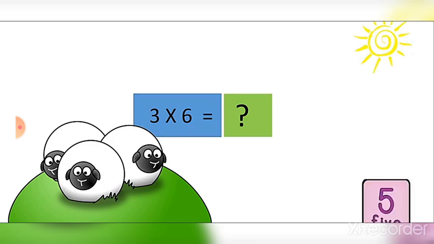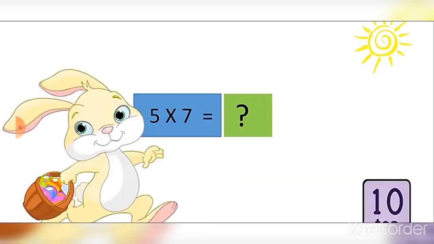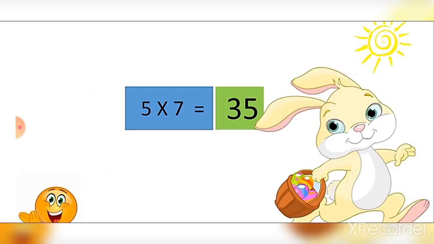Who knows what comes 3 6s are? 3 6s are 18. Wow. Very good. Look what is next. It is 5 7s are. Who will say what comes 5 7s are? 5 7s are 35. Very good. Next is